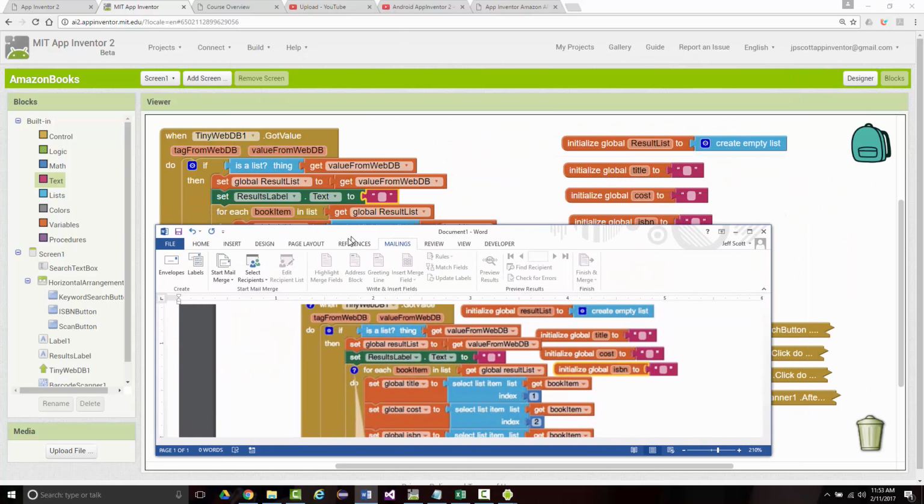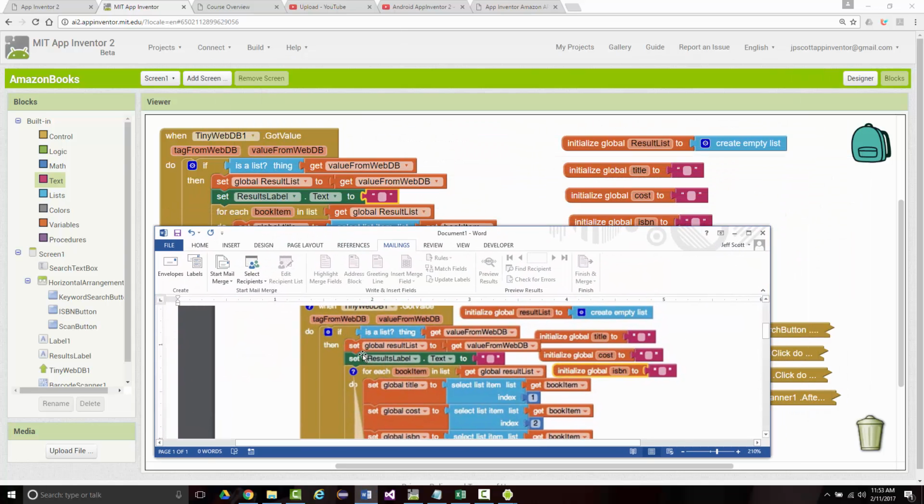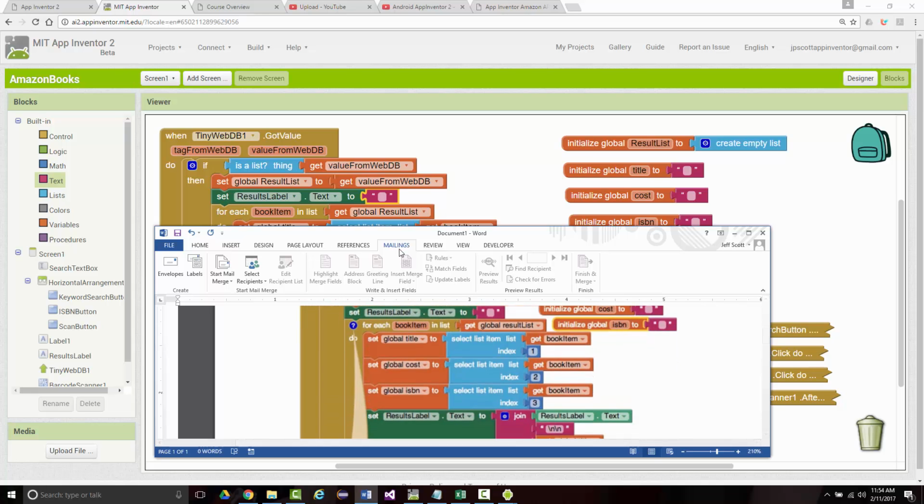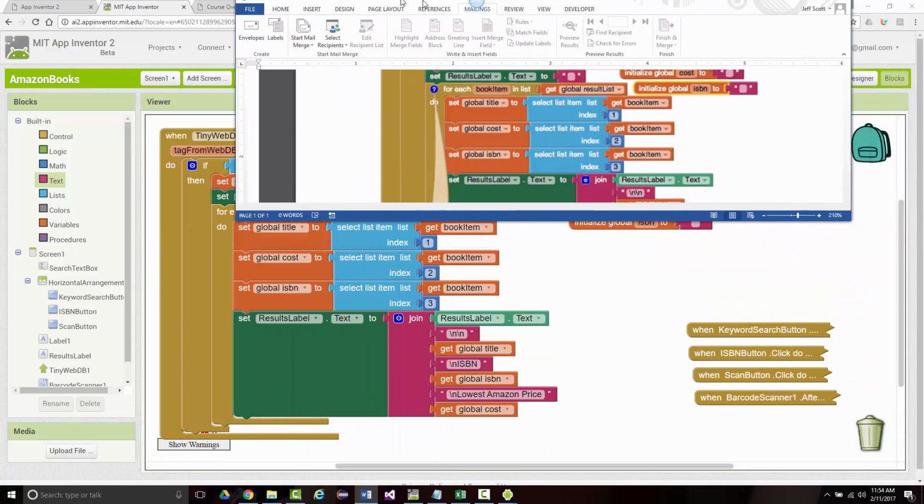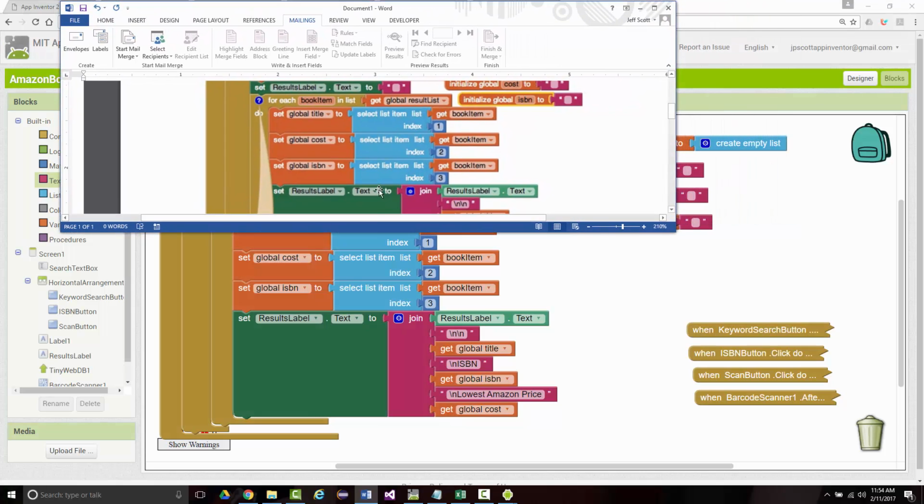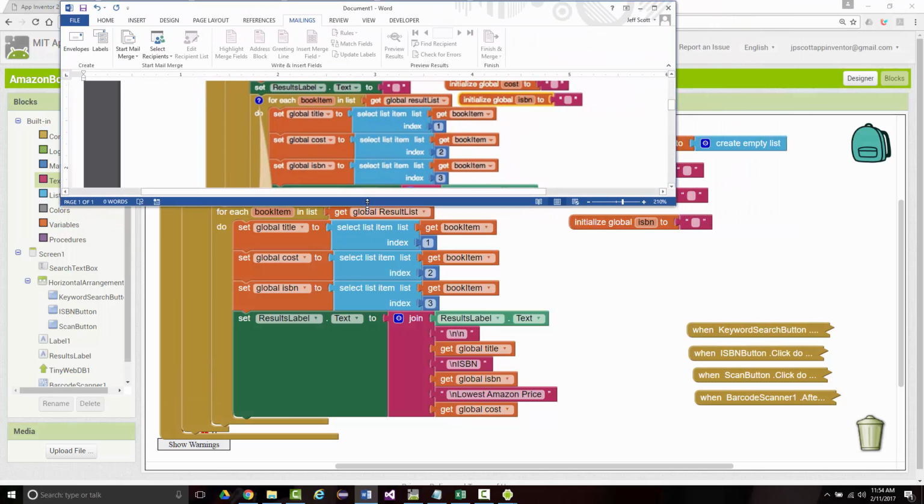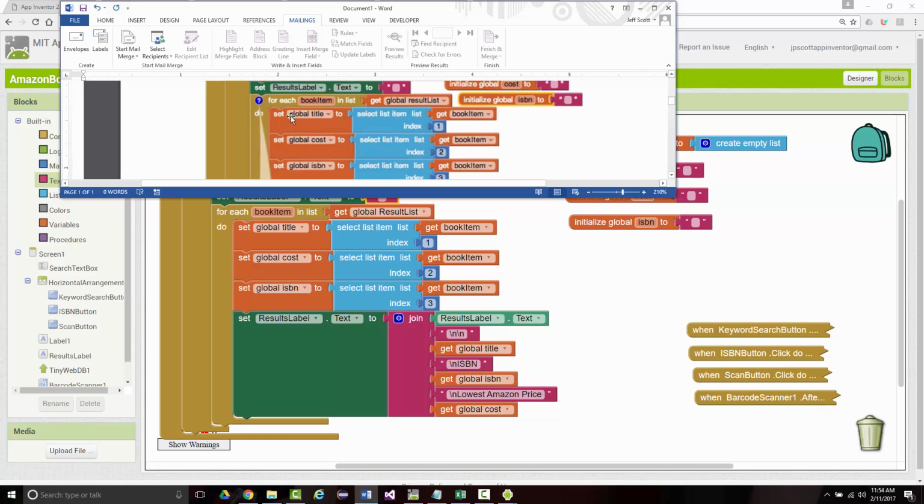So I have set the global result list to the get value from WebDB, set the results label text to the empty string. Then we have our for each loop. So move this up just a little. All right, for each book item in list, get global result list, set global title to select item list, get